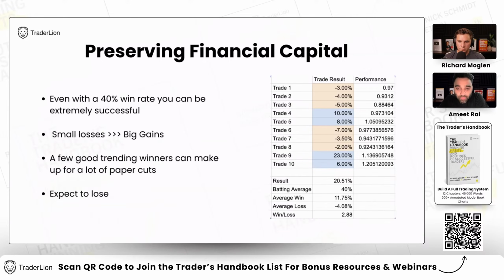And one of the most important ones is if you let your losers get past 7%, you're mathematically at a disadvantage to be successful. So maybe in the chat you guys could put what your max loss is with your current entry tactics, what kind of losses you're taking on average. If you know your numbers, you have to know the numbers that Richard's put up on this slide: your batting average, your average win, loss, and the ratio of that.